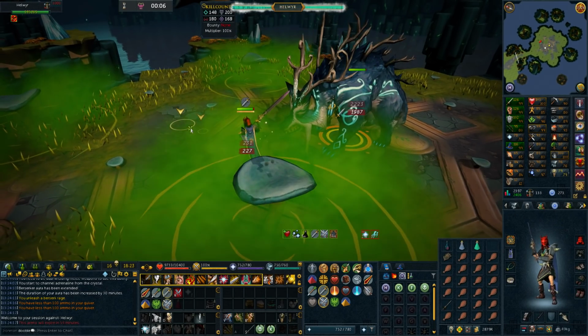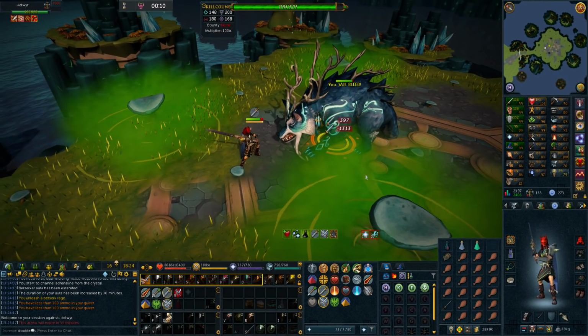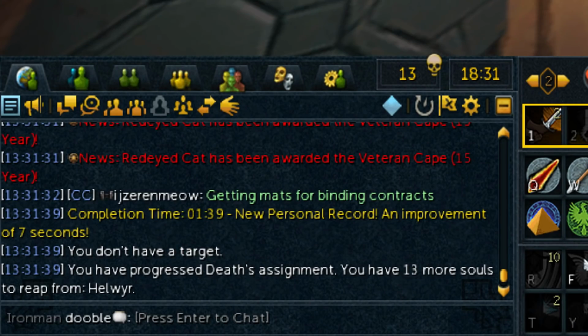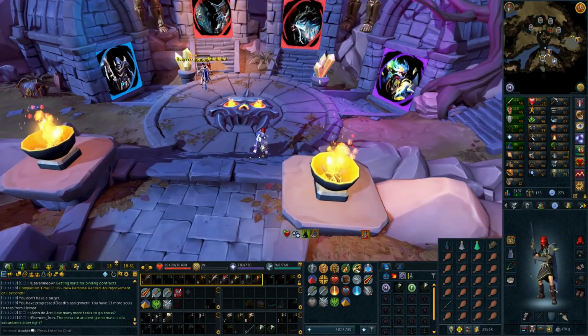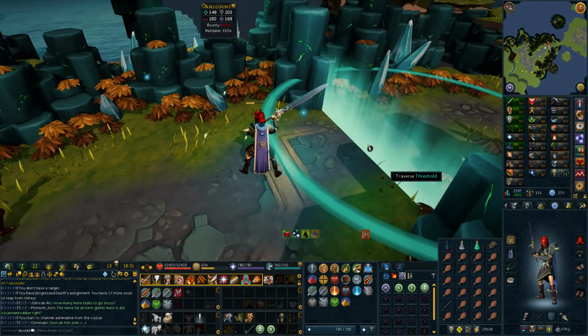I think it's time to test out these new potions. I have a Bear Reaper. 139 personal best. I beat it by 7 seconds. I definitely did that rotation really well, which helped. I'm definitely a long ways from like a sub 130. I think I have to upgrade my amulet for that, but